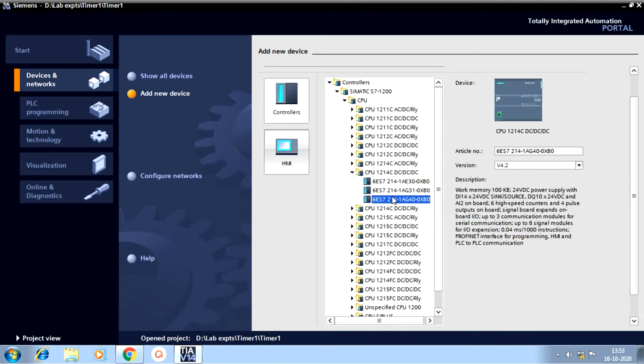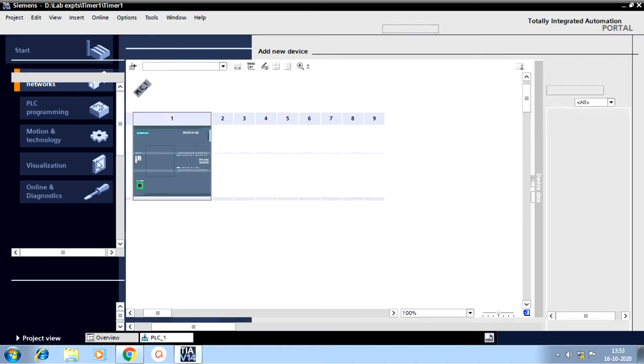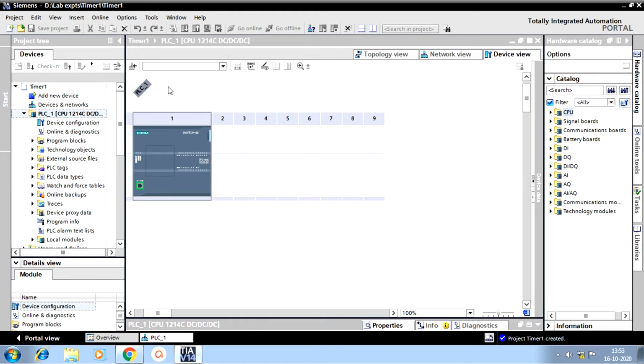Double click on that. So now the CPU is selected.